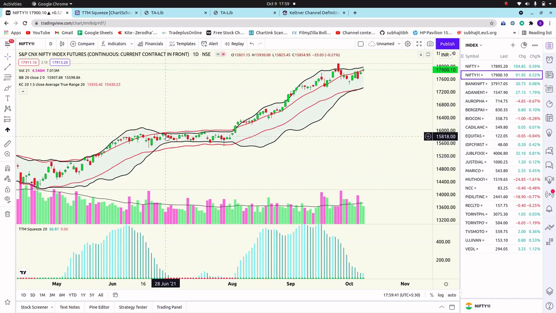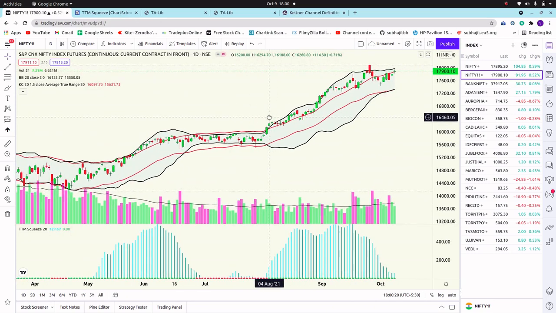So look at here, from here to here, that is from 28 June to 2nd August, we can see the Nifty future is in squeeze. Now after the squeeze, the breakout happens, and look at the movement. So if we can catch the stock here, then we will get a handsome profit.